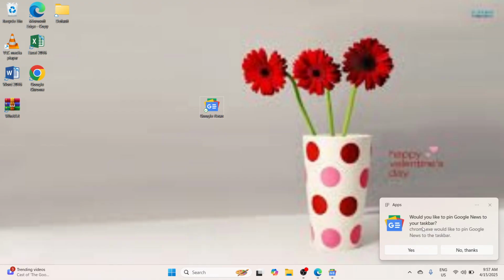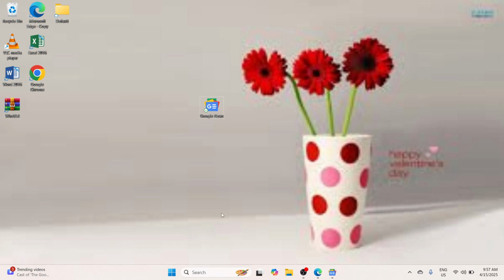to your taskbar. If you want to pin your Google News to the taskbar, you can pin that here at the taskbar. So in my case, I'll be selecting no thanks. Okay, so let's check if it's been added to our